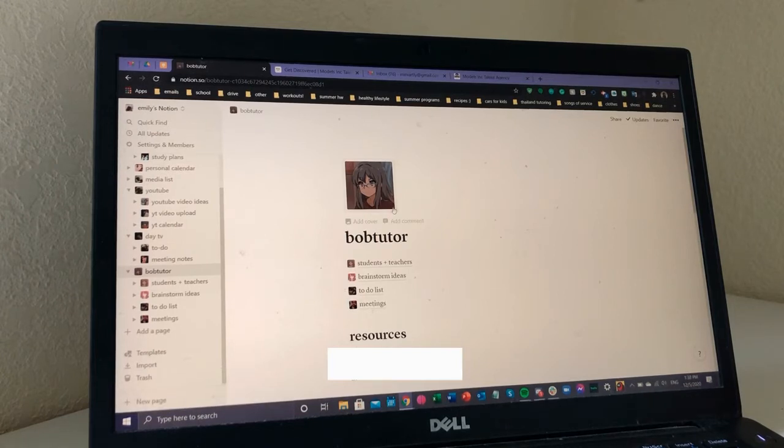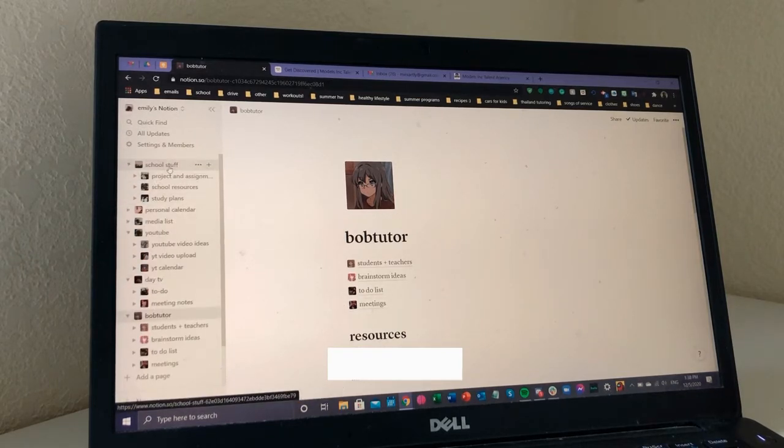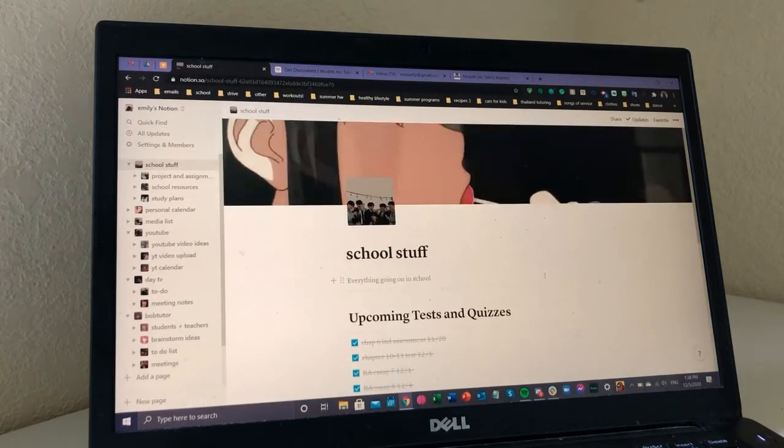Basically, here is everything that I have for Bob Tutor, and Bob Tutor is an extracurricular of mine. I just manage the music platform, so this helps me be able to manage everything. I have students, teachers, brainstorming ideas, a to-do list, and meetings, so this is really helpful for that. So this is everything that was on my Notion,